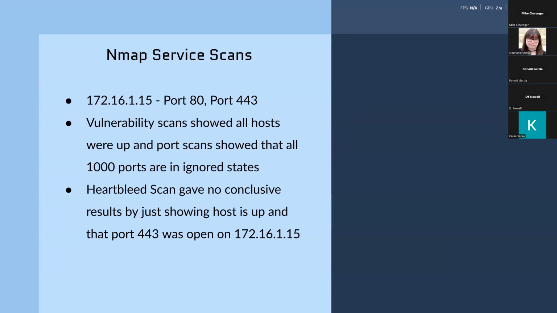This made 172.16.1.15 the most interesting host for further investigation. To dive deeper into potential security weaknesses, I then ran a few Nmap vulnerability scripts, including the well-known Heartbleed script and a basic vulnerability detection script. These scripts are typically used to identify critical CVEs in common services like OpenSSL or misconfigured web services.